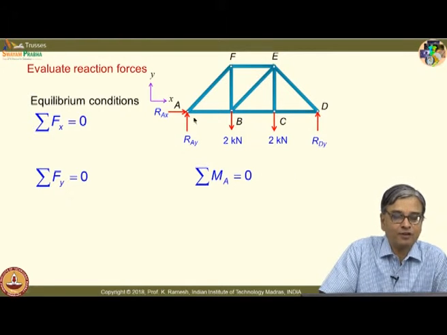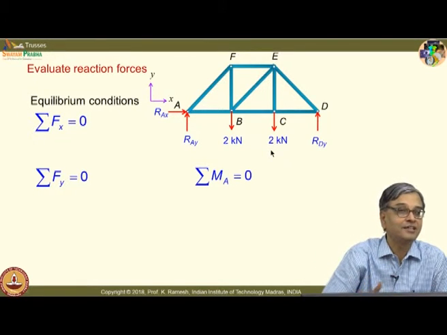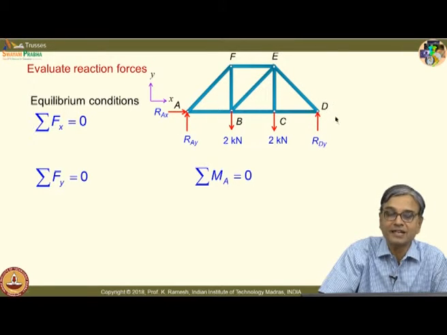And I can easily find out these forces. If you are clever, by inspection you can write the results. You have to graduate to that level because I have symmetry, I have given you the clue. I have loads only acting in the vertical direction. So, even without getting into solving Fx equal to 0 or Fy equal to 0, you can clearly say what should be the force interaction at A and what should be the force interaction at D. Let us take the advantage of mathematics.